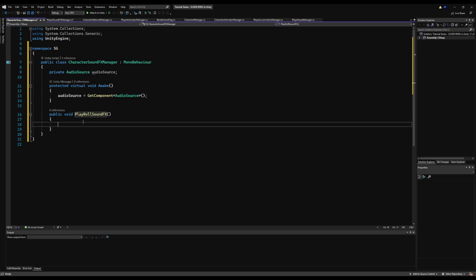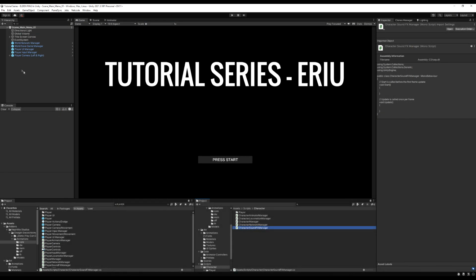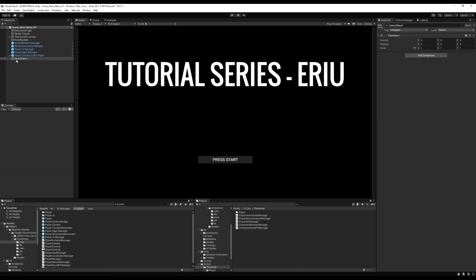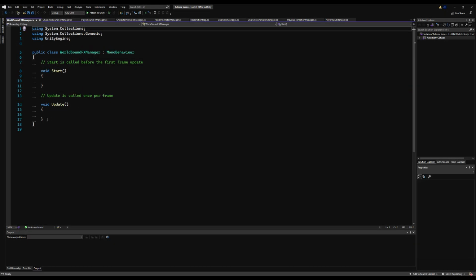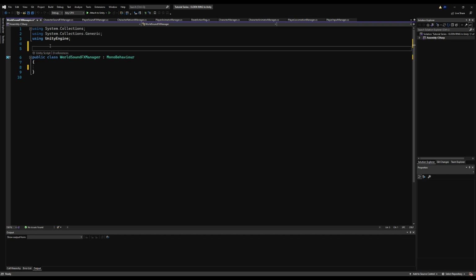Now, to get this rolling sound effect, we're going to make a new world manager. Let's create an empty game object, reset its position, and I'm going to call this the world sound effects manager, and all shared sound effects will go here so that you don't have to declare them on every single model you make in the game, because when you have 500 enemies, you don't want to drag in a rolling sound effect 500 times. So let's add a script for world sound effects manager, and this is going to be a singleton like all of our other components, or our managers, sorry, that are world managers.